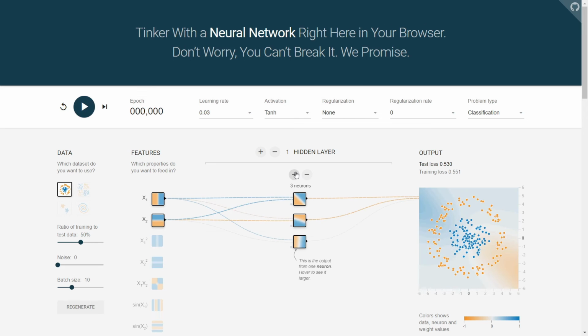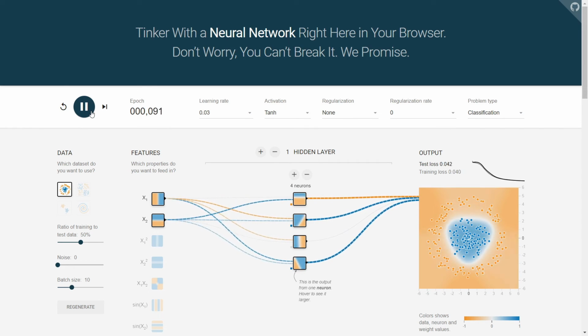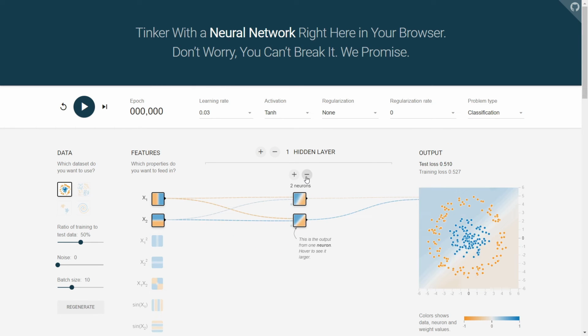If I increase the neurons and play the same thing, so you can experiment with it, the importance of the number of neurons, how the number of neurons affects the outcome, and how the number of layers affects the outcome. So you can experiment from there. So the main thing is, say it can solve this problem, right? If I reduce the number of neurons,